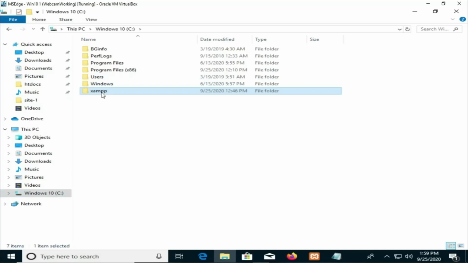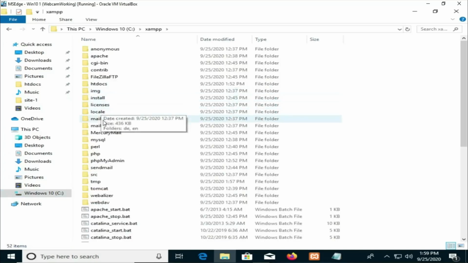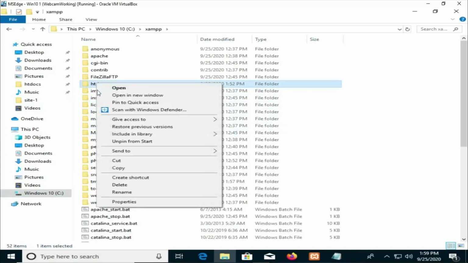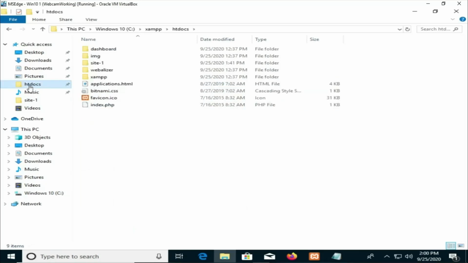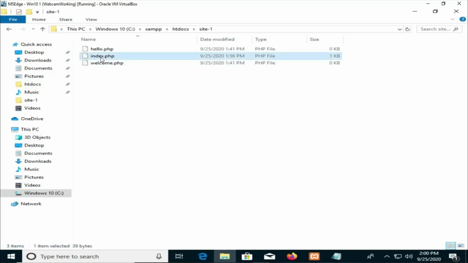So again, go back to the XAMPP directory here, and then right click and then pin to quick access, so at least you can easily go to that root directory from where you have installed your website. So at least it will be a lot easier for you to navigate and open the files that you have here if you will be doing some